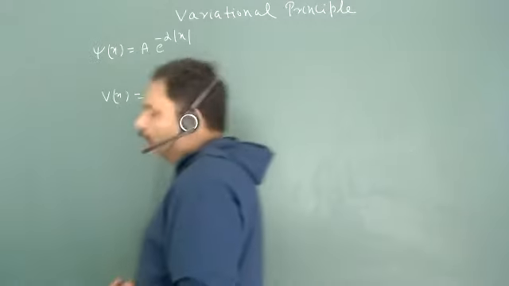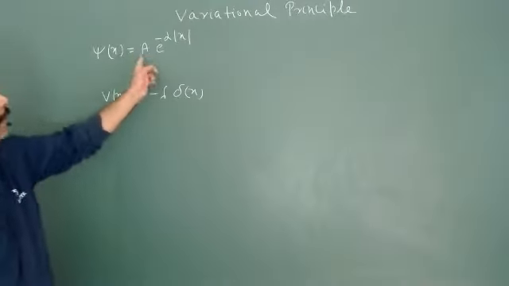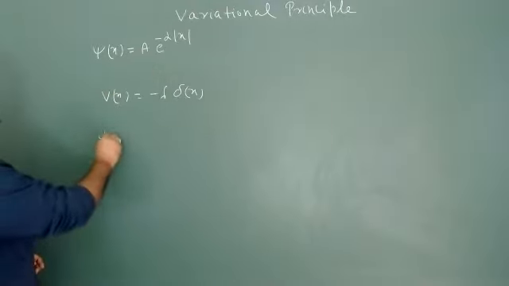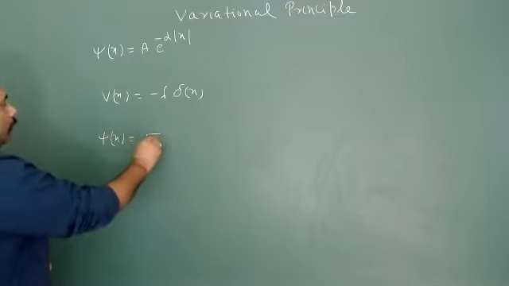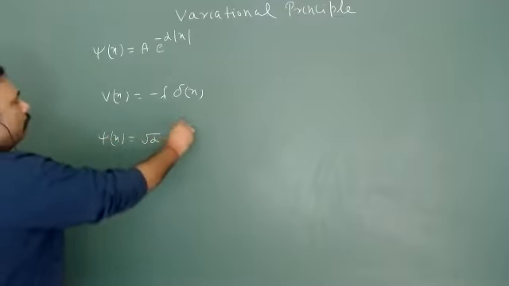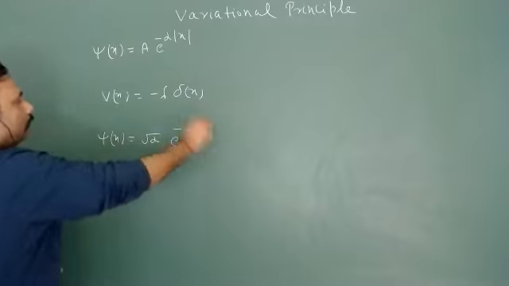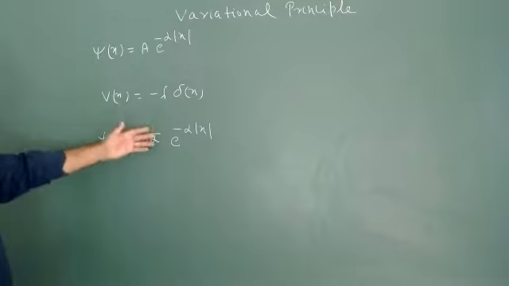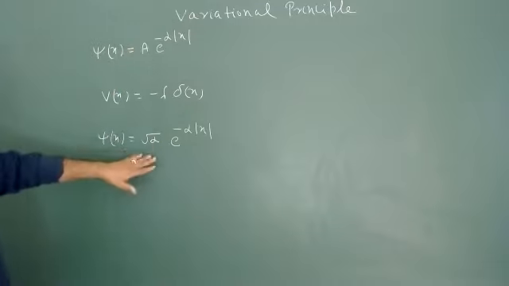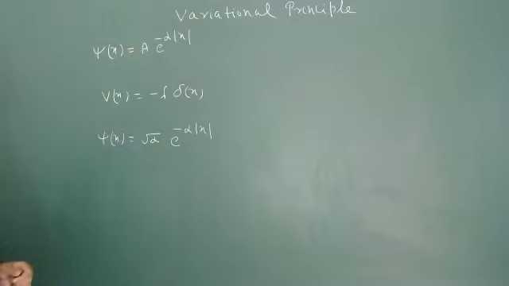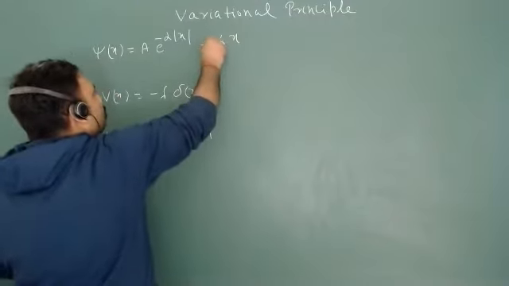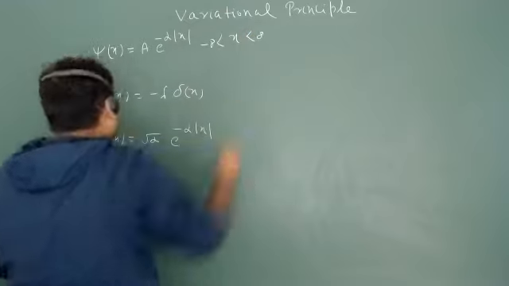Okay. So obviously what is the value of A? We have already calculated this particular value. So the value of A is nothing but root alpha. Remember, we have done all this during our Schrodinger wave solution. So if you are not able to remember this, then you have to calculate. So the value of A will be root alpha. Obviously, x is between minus infinity to plus infinity.